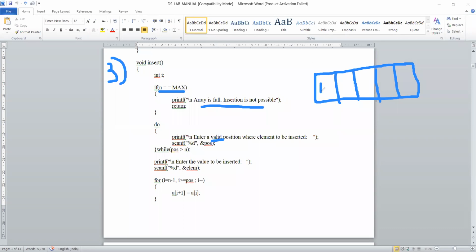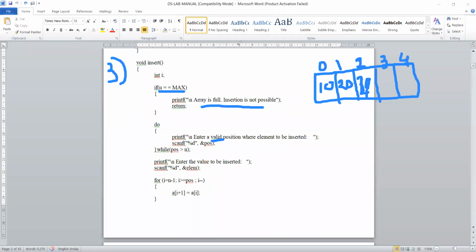Now previously in our example, the first element was 10, second element was 20, third element was 30. Suppose I make this 40. Still, max size was 5, according to our program, max I have defined as 5.